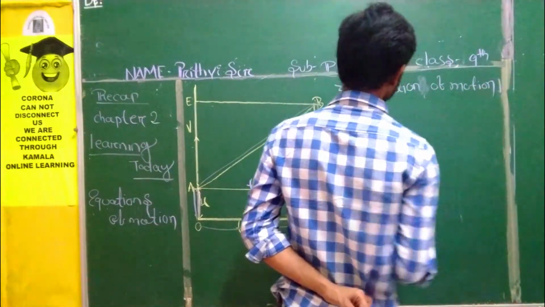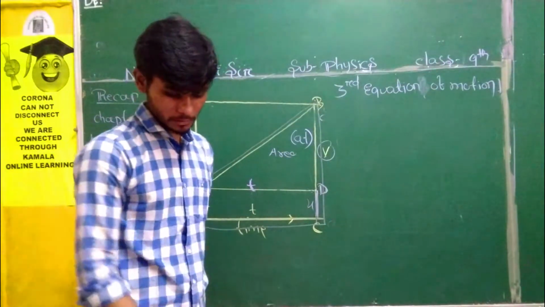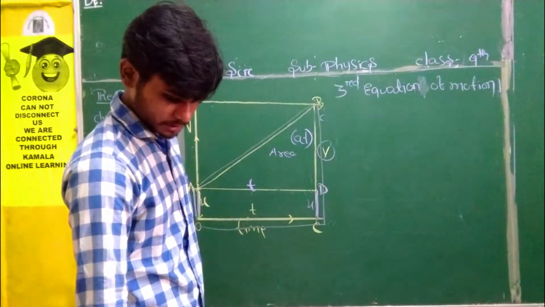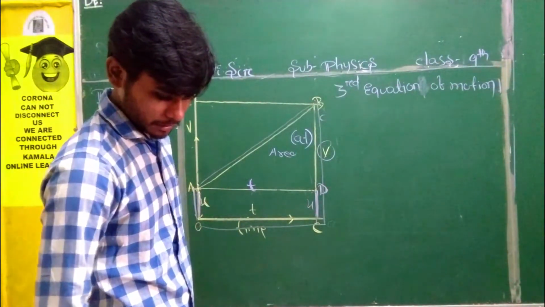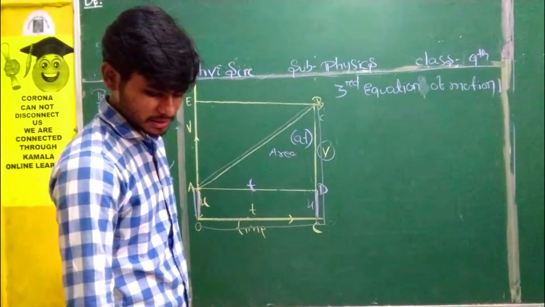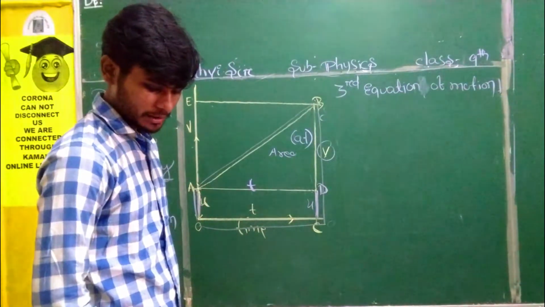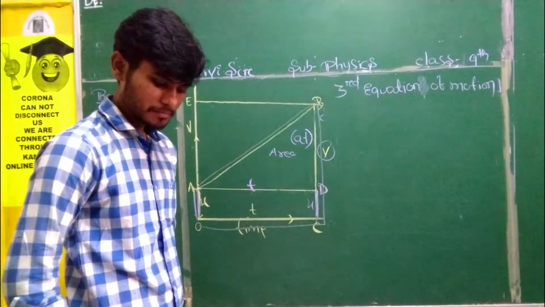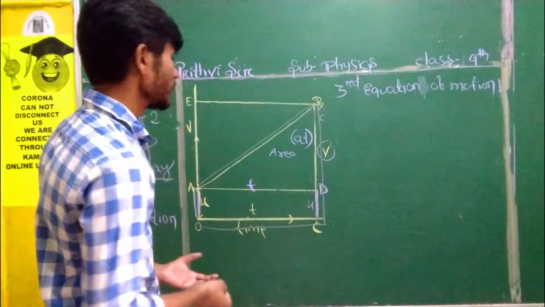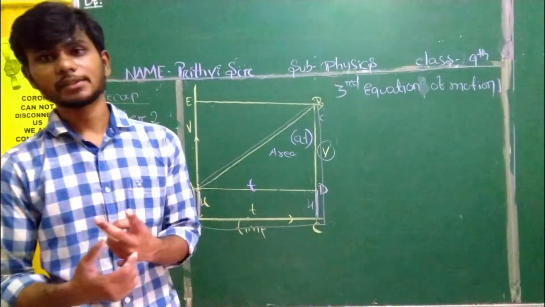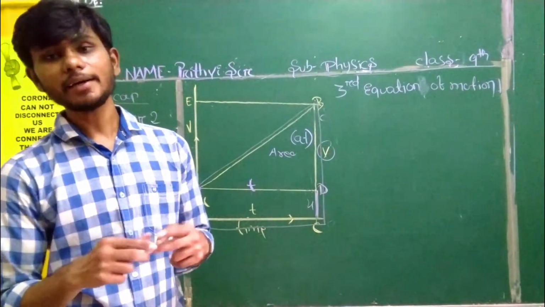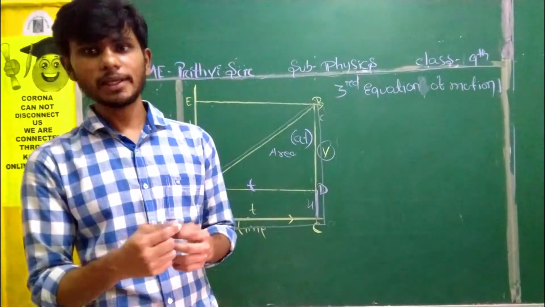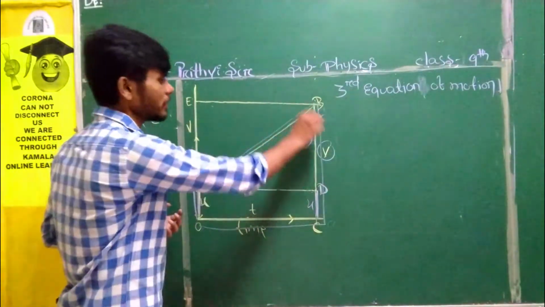Third equation of motion. Third equation of motion stands for velocity time, right? Position and velocity relation here. From the velocity time graph shown in the figure, the distance traveled by the object in time t moving under uniform acceleration a is given by the area enclosed within the trapezium OABC under the graph. Here we need to talk about two relations. First one is your area. Here we will talk about velocity as well as the position, like where the object can be. Yes, the object can be in between this only.